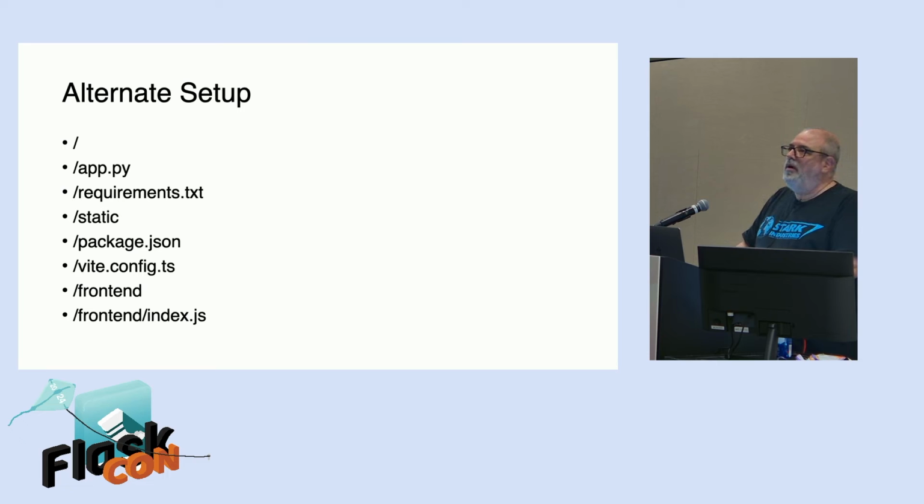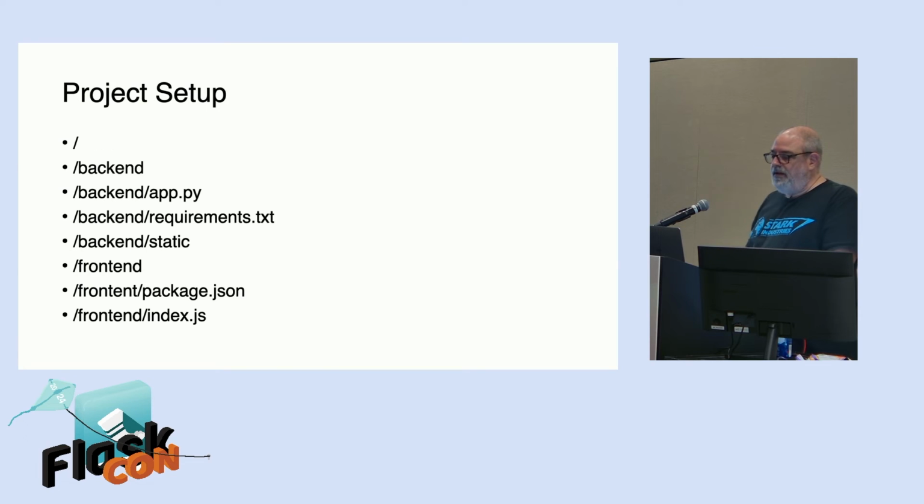Because the other one was, again, we're also not super great at Docker, but it was just so much of a hassle to get all the things to know where they're supposed to be and build in the right place that we just went with a different configuration where everything about the project, package JSON, requirements text, all in the root. So you just start from there and you know where you're going instead of having to go to the README and figure out what directory to go in to build this, what directory to build that. But I will say that the regular setup is cleaner, right? All the Python in one, all the JavaScript in another. And it might be a good place to start. It works just as easy.